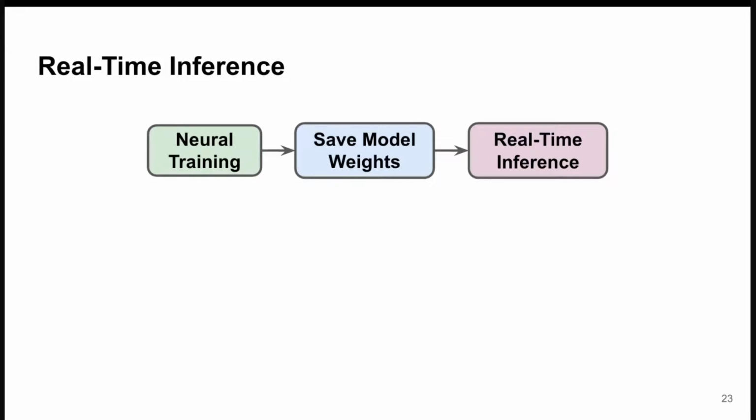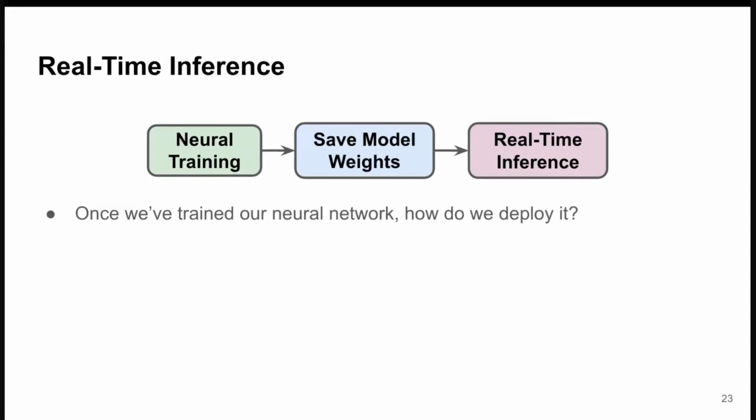And so the basic idea is that we have our neural network and we do all our training process, and then if we're going to be doing inference in a different framework or a different language or any different way than how we did it during training, then we need to figure out a way to save our model weights so that we can move over to our inference environment and reuse those weights there.